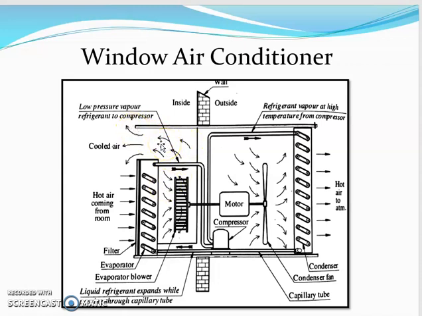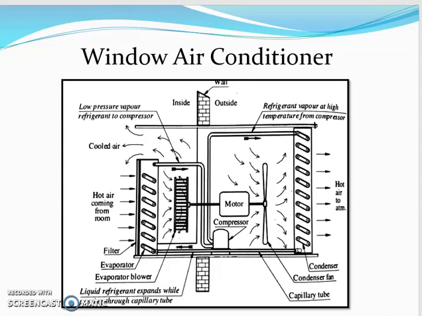The refrigerant unit provides a cooling effect at the evaporator, which is why the evaporator is also referred to as the cooling coil. The necessary fresh air is allowed to mix with recirculated room air to meet the ventilation requirement, and ventilation air is controlled with the help of a ventilation damper, and room temperature is controlled with the help of the thermostatic sensor. Window air conditioning units are very convenient and cheap for conditioning small rooms with a few occupants. So this is how a window air conditioning system works.